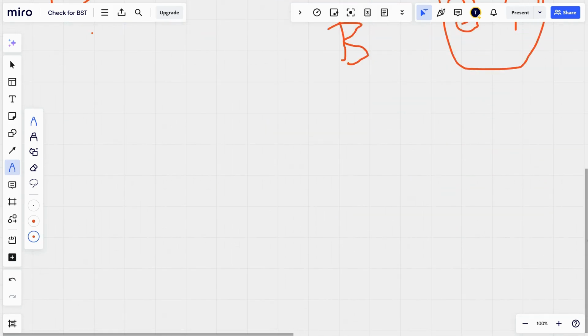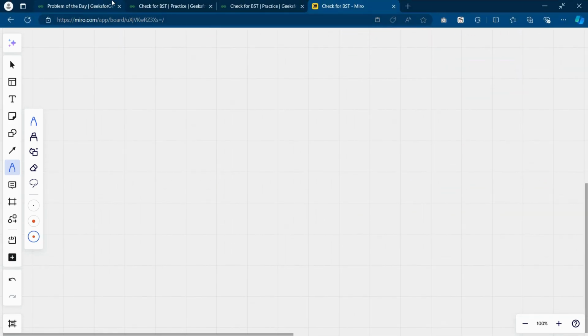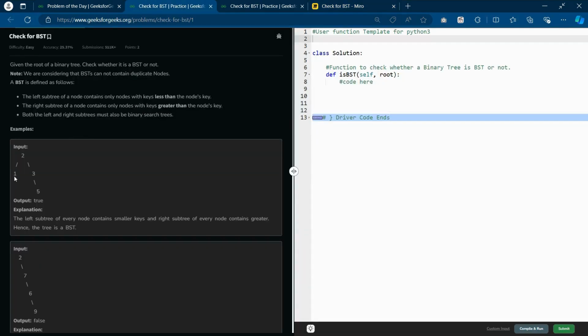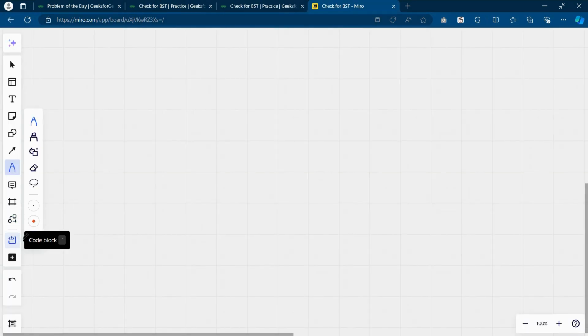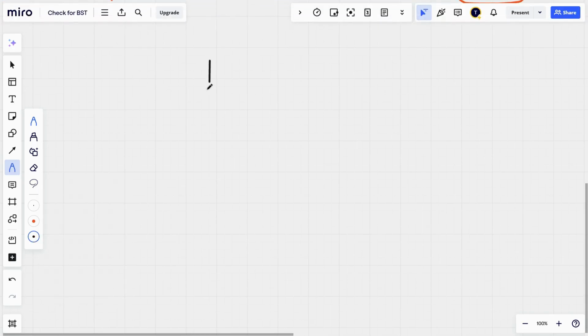Now go to the first example given: 1 2 3 5. Write it down: 1 2 3 5. This is our first binary tree.